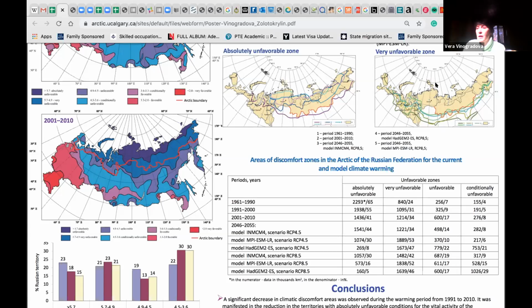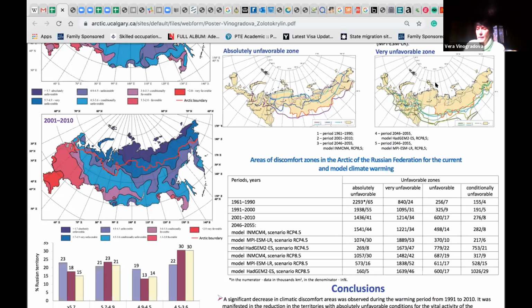According to the RCP 8.5 scenario, the area of the absolutely unfavorable zone can decrease by 35-60% compared to the period 1960-1990, and by 11-56% compared with the period 2001-2010. The model of the Meteorological Office of the Hadley Center shows the maximum changes, especially in the western part